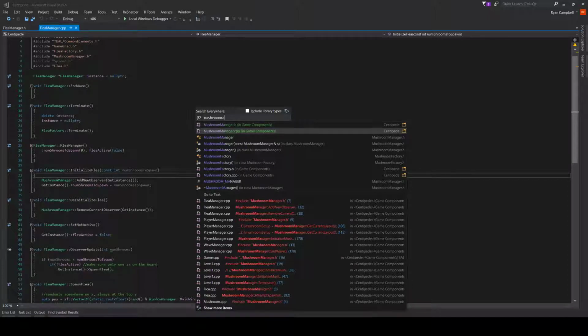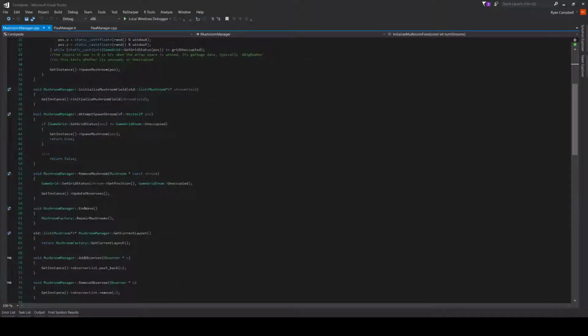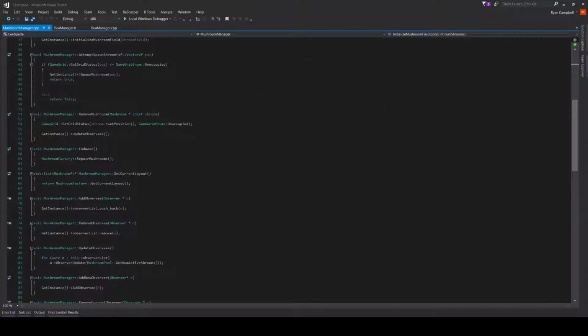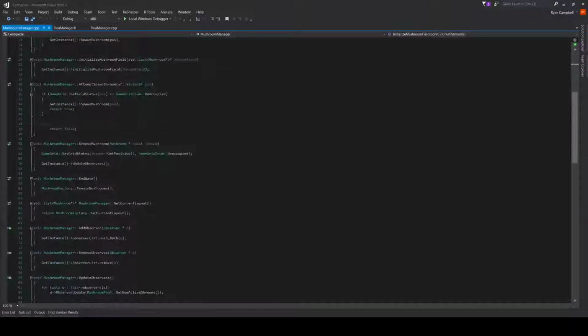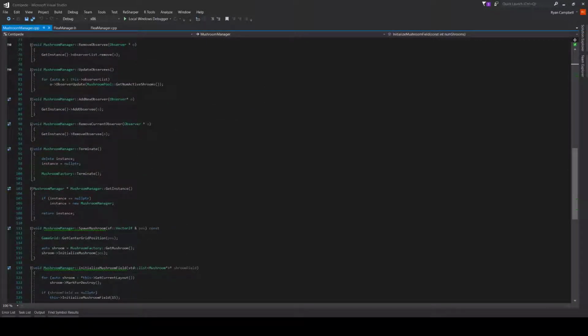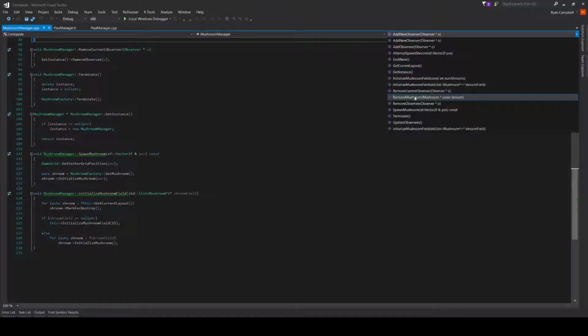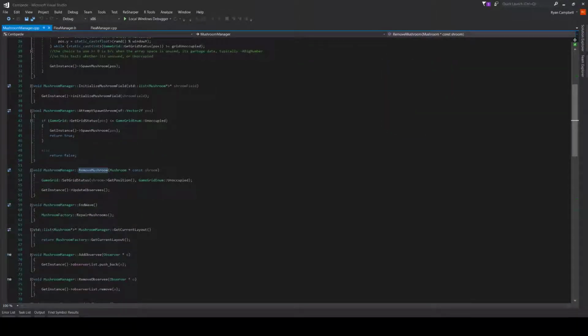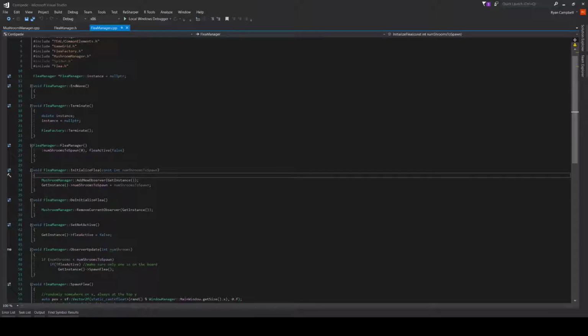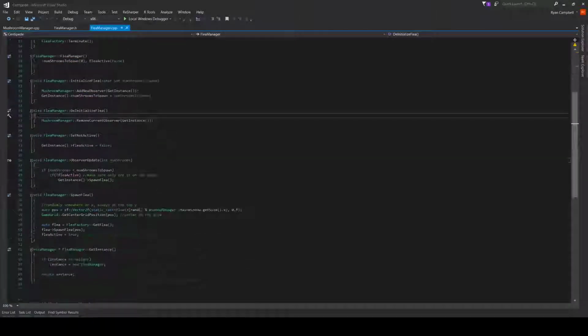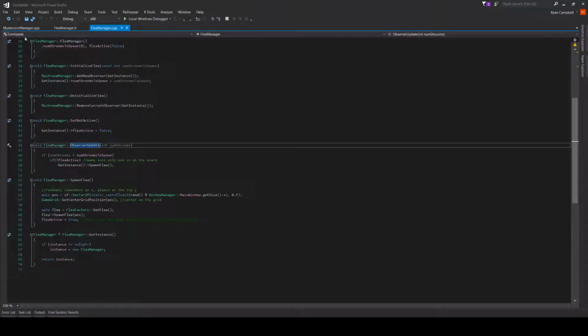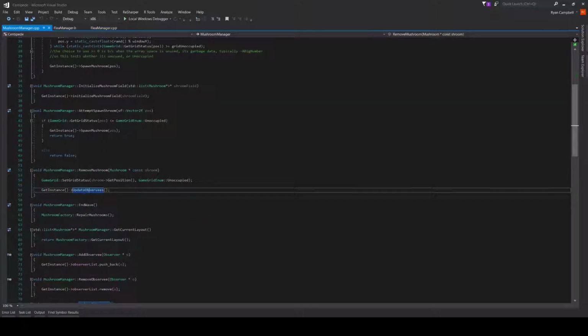manager, and that just does what it's supposed to. And then every time a mushroom is destroyed, remove mushroom. Every time the mushroom is destroyed, you update the observers with how many mushrooms are remaining, and then when that happens, which is done through observer update, which is what the mushroom manager does, so update observers,